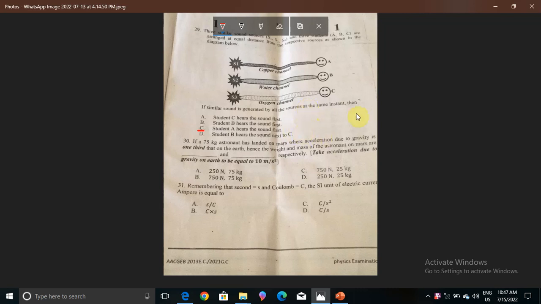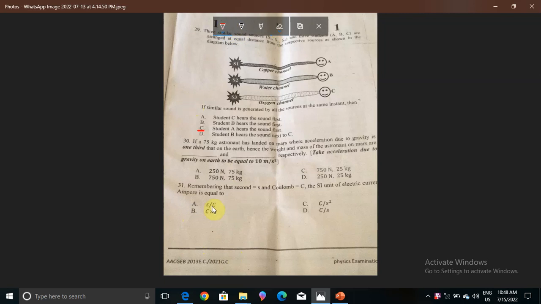Now what we will do here, first of all we know that I is equal to Q over T, right? Q over T, and we have Q which is equal to IT. This is for question number 31. But first, for question number 30,